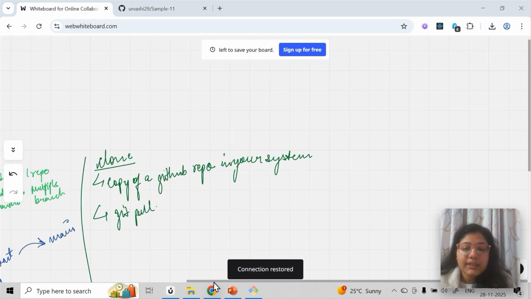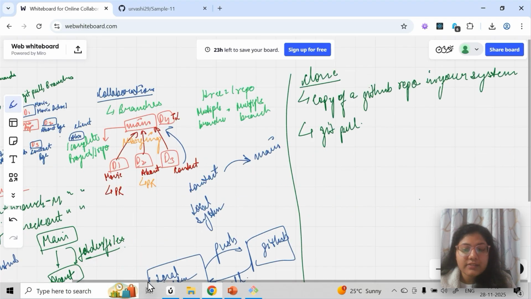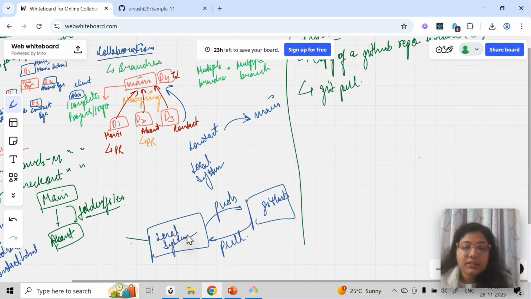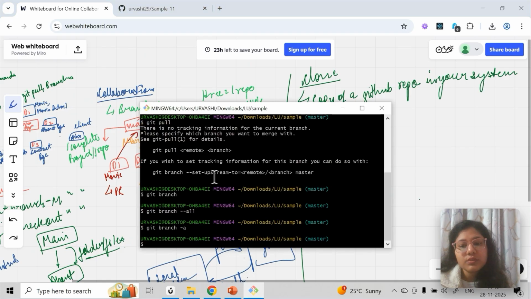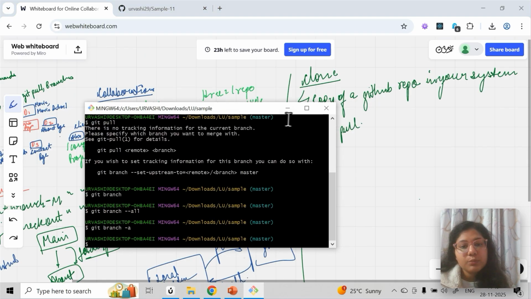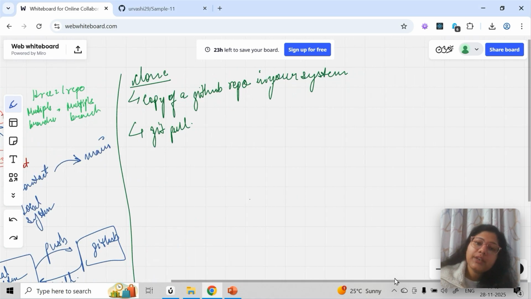And this is similar to what you are doing here. In a real-time project, you are a collaborator, you have access, so that's why you're able to push. But in this case, you're not able to push the code, because you're not a collaborator. You can just clone anyone's GitHub repo and pull it. That's called cloning. You're just creating a copy, and you do git pull and you get the latest code.